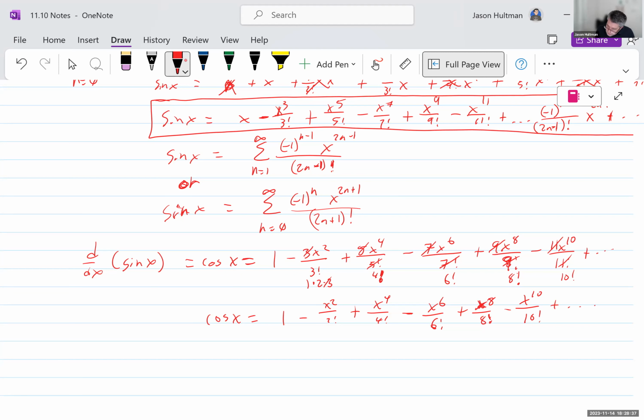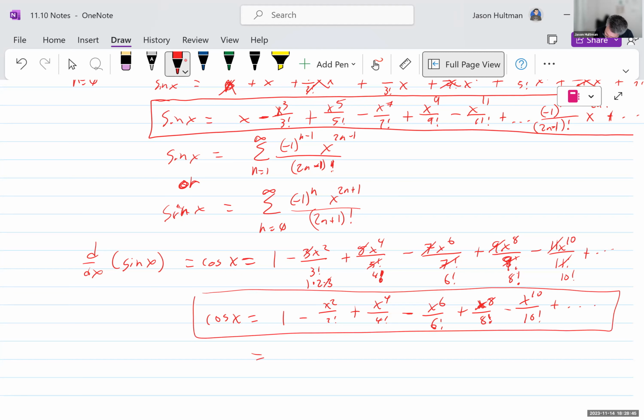Okay, so that's cosine, which we could write in terms of